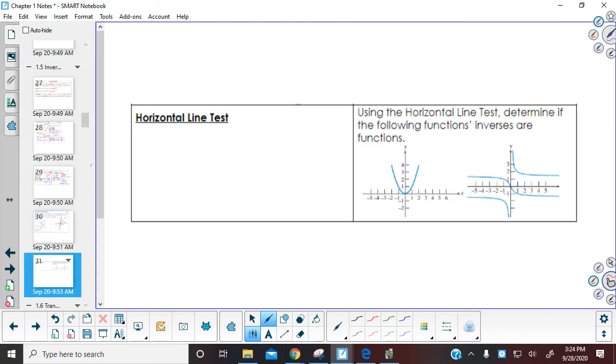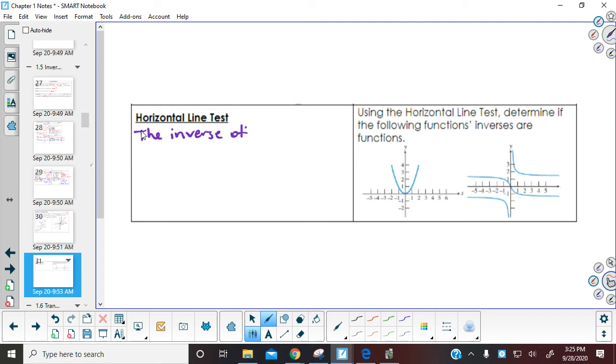The only other piece to be mindful of is, originally, when you are testing to see if a relation is indeed a function, you use what's called the vertical line test, meaning you draw your line in vertically and it cannot have more than one intersection with any vertical line. The horizontal line test, let me go ahead and write this out and then we'll explain it for you. So the first thing is the inverse of a relation